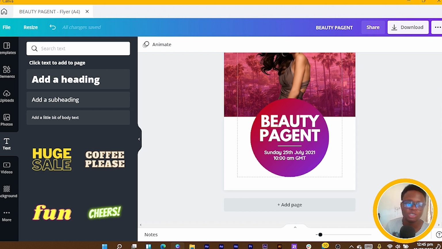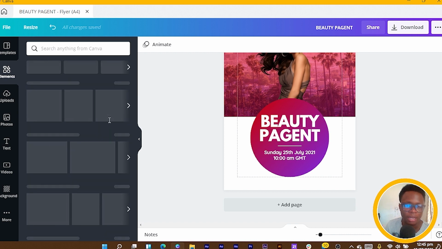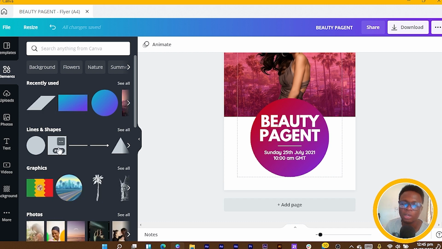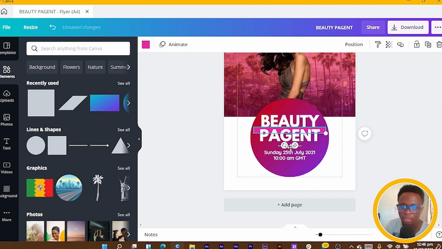Now the next thing we're going to do is to come to elements, and in elements just search for shapes. Okay, and over there we are just going to pick a random square. Just pick a square shape. Then we make it smaller. Then I can just position it here and rotate it to somewhere like 52. Okay, so this is 52, and I can just make it long,